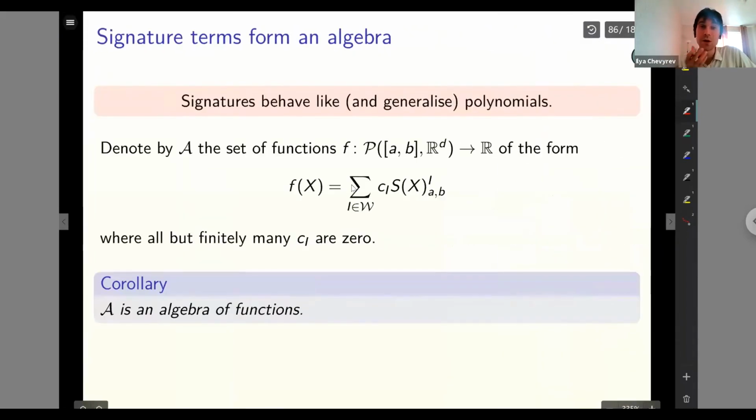A particular consequence of this is that if we let, for example, A denote the set of functions on paths, so the set of all functions from paths to R, which are of this form. So we look at sums of,